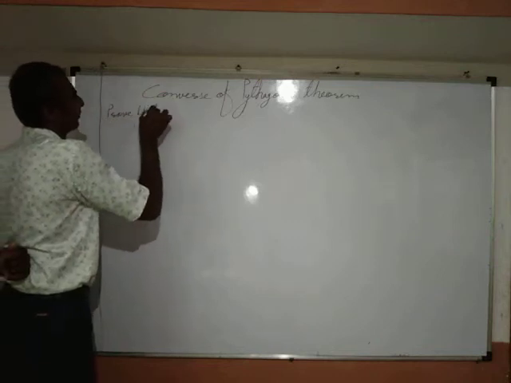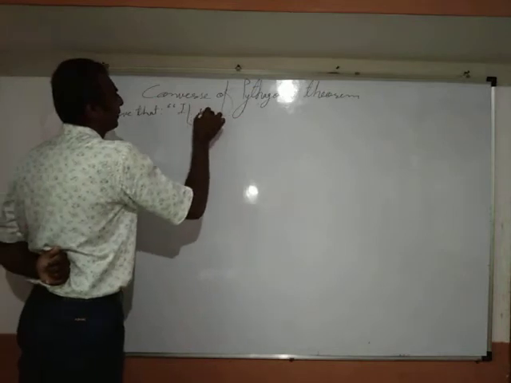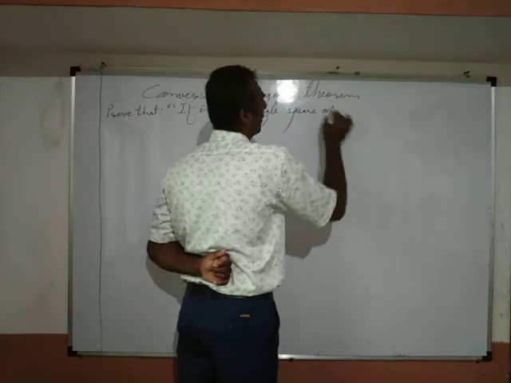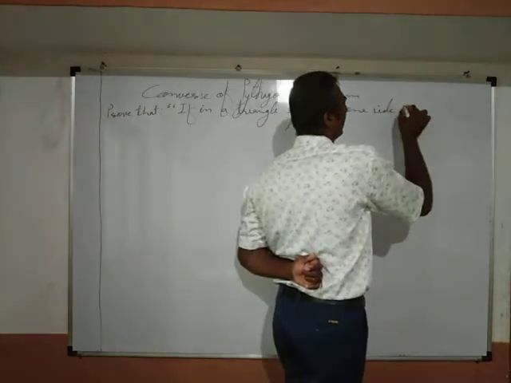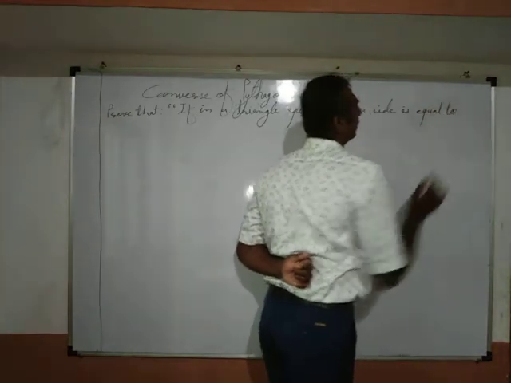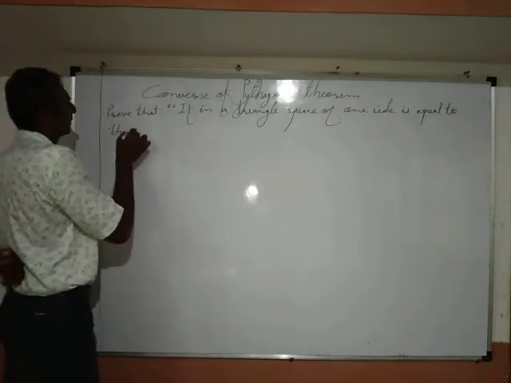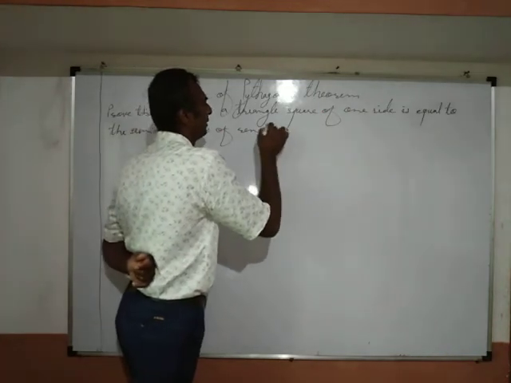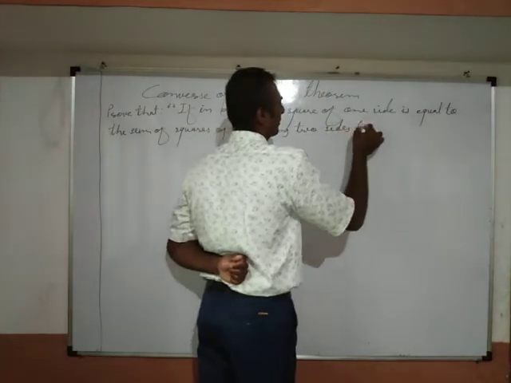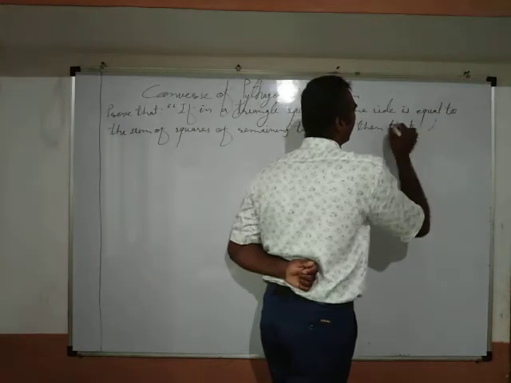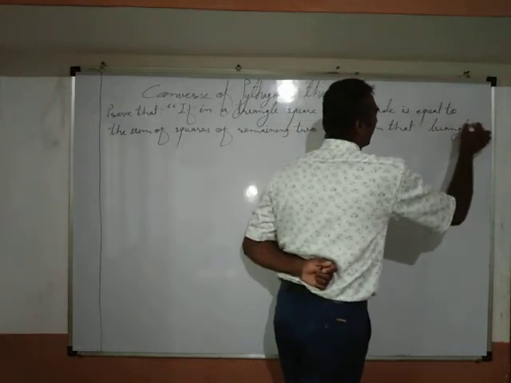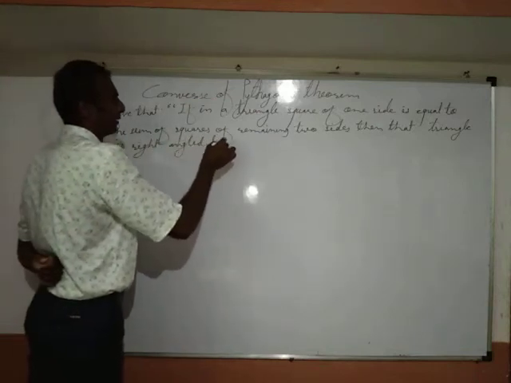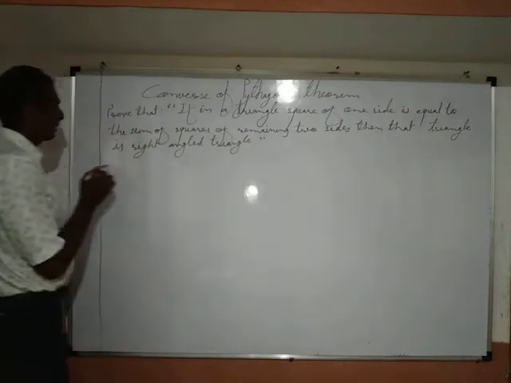Prove that if in a triangle, the square of one side is equal to the sum of squares of the remaining two sides, then that triangle is a right angled triangle. Okay. Now in a solution of this statement,